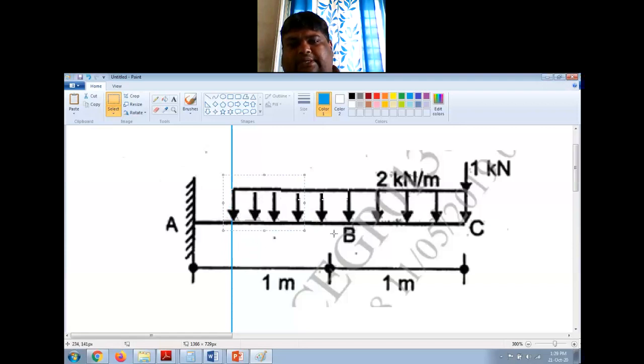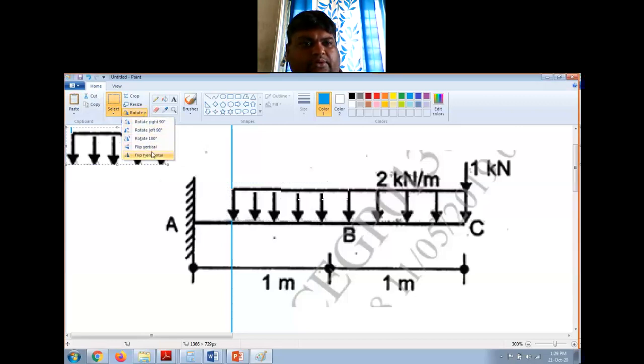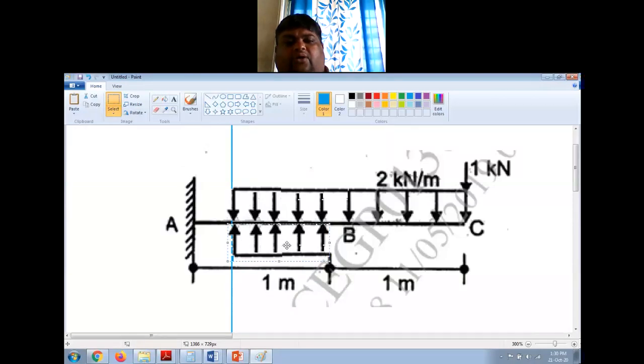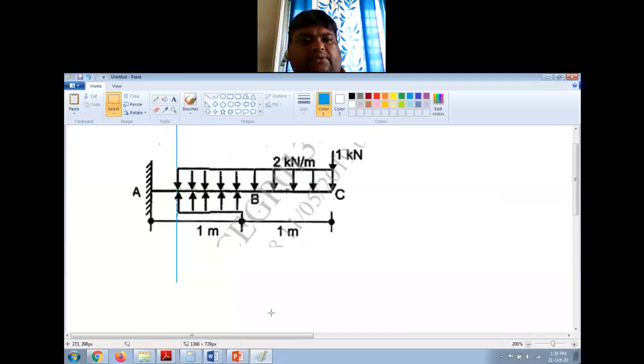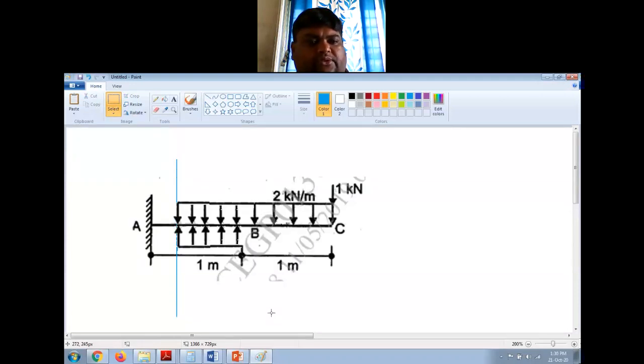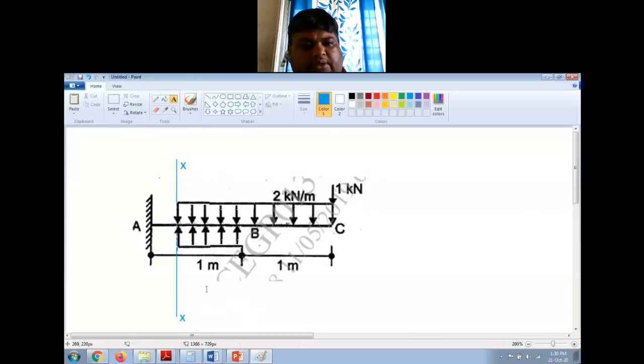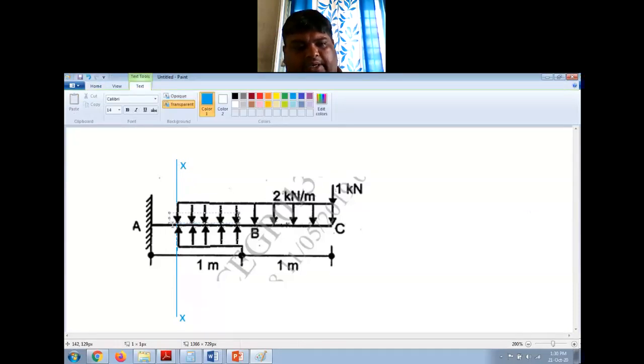Now to compensate for this additional UDL, what I will do is copy this and put it in the reverse direction, right? So this is my additional UDL. So here I have added an additional UDL in the opposite direction. Now let me just name these things. This is section X, and this is point X,